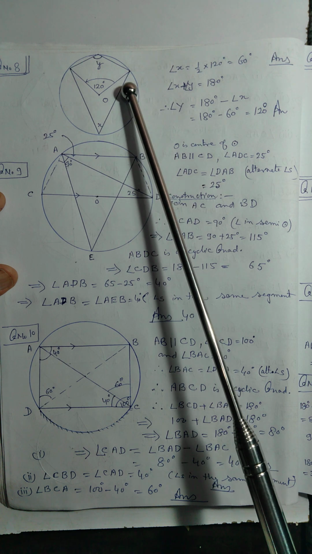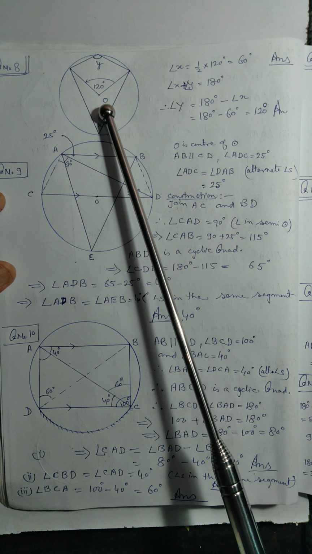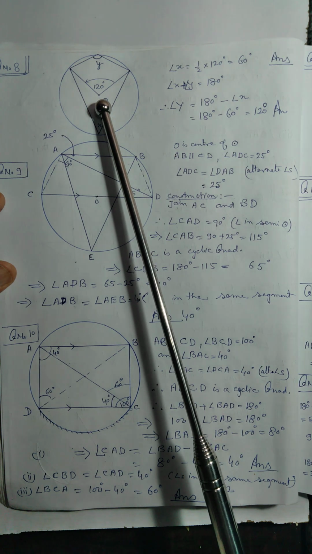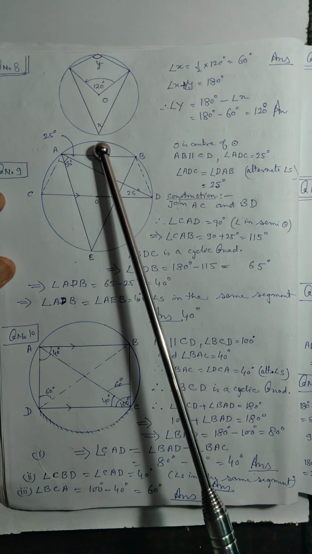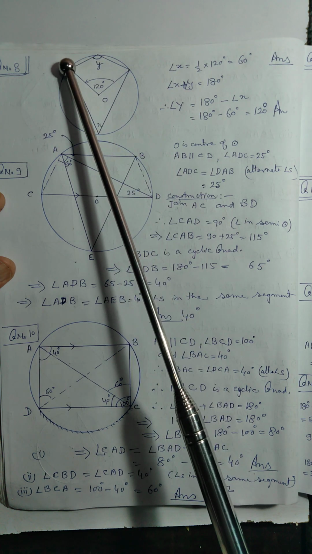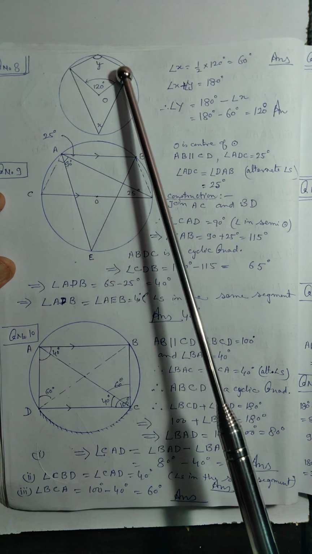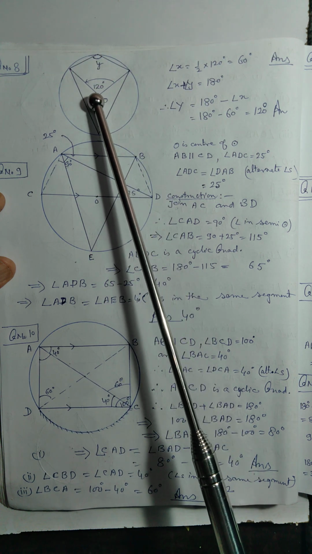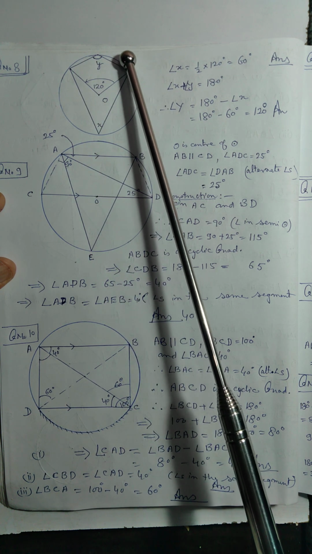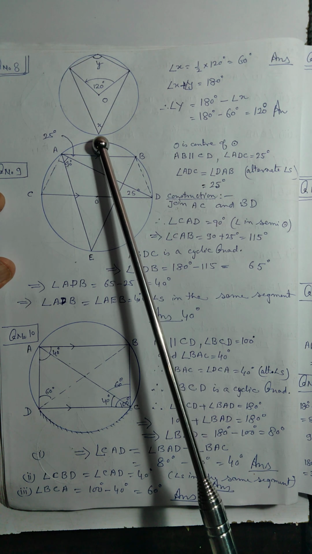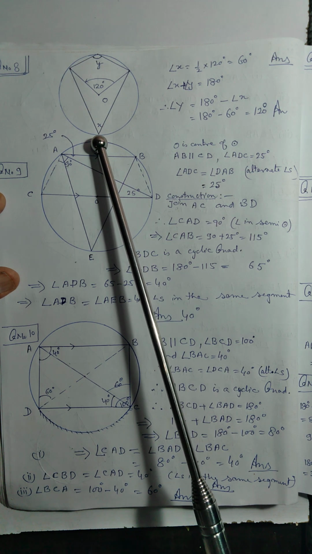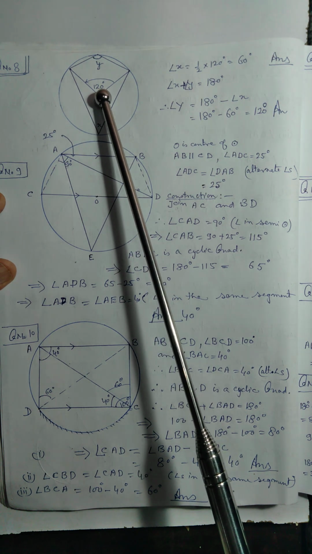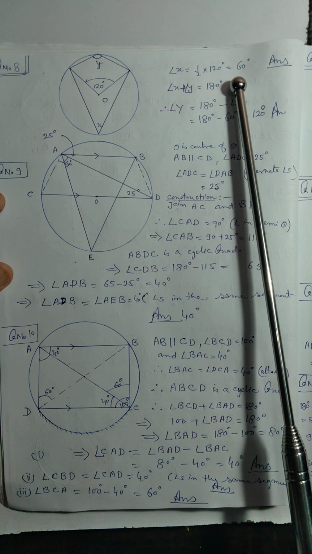एक सर्किल दिया हुआ है जिसका सेंटर O है और सेंटर पर जो एंगल बना हुआ है 120 डिग्री. सो अब देखिए x, इस सेगमेंट के द्वारा the angle subtended by this segment and arc at the center is 120. So by the same segment the angle subtended on the circumference, or you can just say circle, that is x. So x will be equal to half of 120 degree, that is 60 degree.